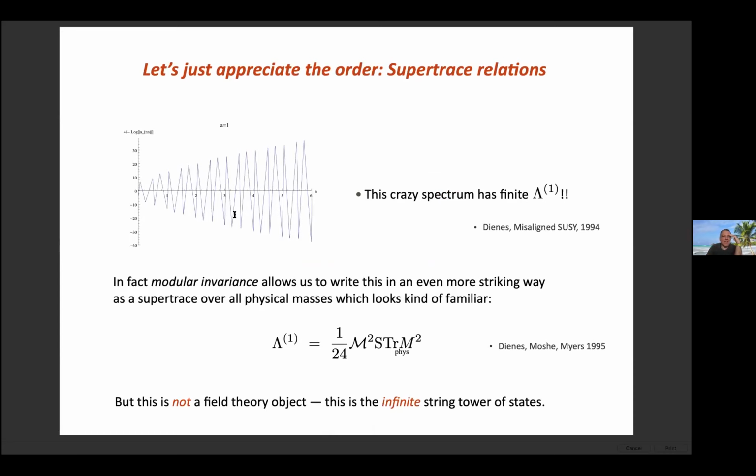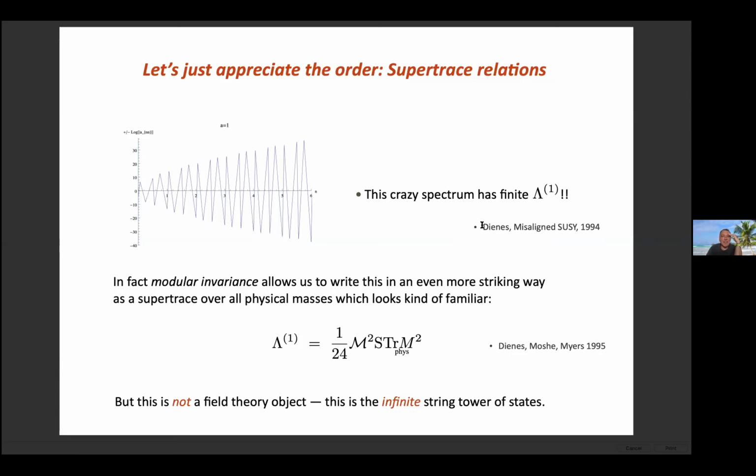Right, so I'm going to go back to this diagram, which is the spectrum. Remember, this is the Bose-Fermi non-degeneracy of the theory: boson number minus fermion number, logarithmic. And this is the thing which, in a sort of crazy sum, if I do the integral for the cosmological constant, gives a finite lambda, despite the fact that the states are doing this. So counting states would indicate the thing ought to be ridiculously large and infinite, but it's not, it's finite.